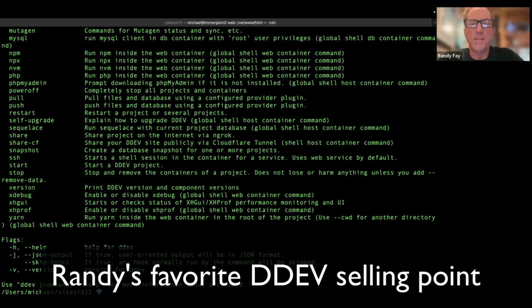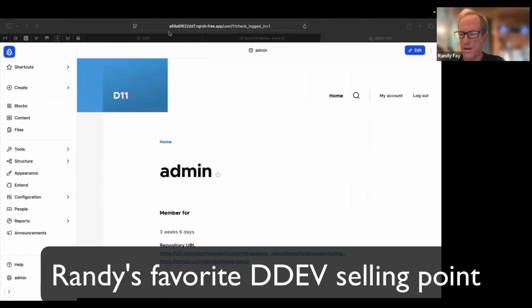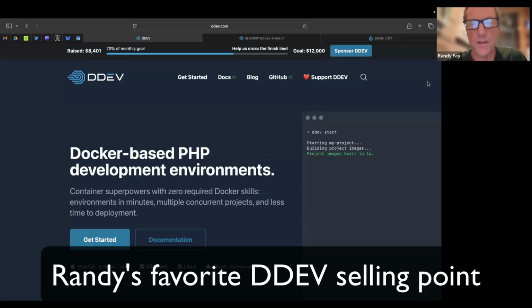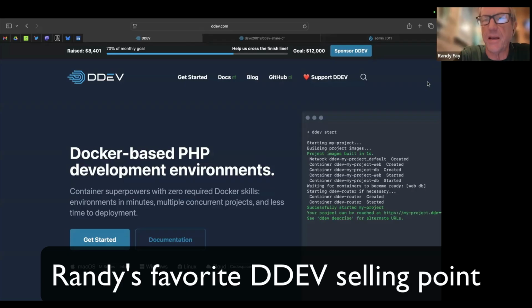Well, the biggest thing is that if you're working on a team, you don't have to spend your life maintaining your junior developer's development environment. You check it in, you manage the settings, and they do a DDEV start, and they're going on any platform they're on, whether it's Windows or Mac or Linux. They can do exactly the same thing, and then you don't have to spend your life maintaining the junior developer's world. Everything's checked in, your environment is consistent, and the next time you come back to it, you don't have to figure out why it doesn't work when you change the version of PHP on the host or something like that. So I think that's